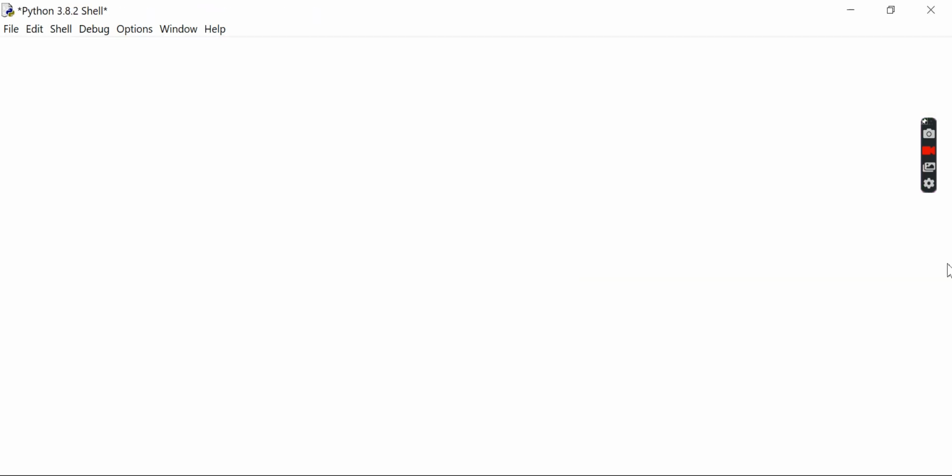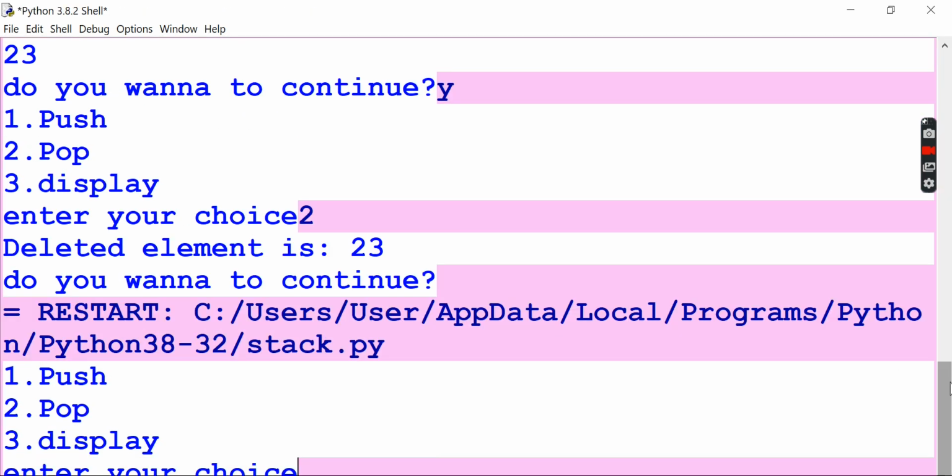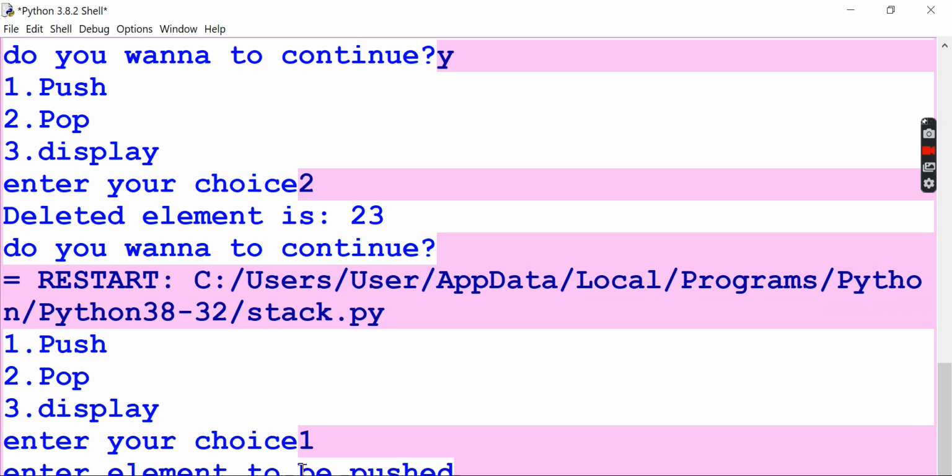stack operation. The main operations of a stack are push, then pop, and another one is display. Press F5 to run this. Now you see here, this is the action. Now it's asking the question: press 1 for push, 2 for pop, and 3 for display. I will just give 1. Now enter the element to be pushed. I will say 34,